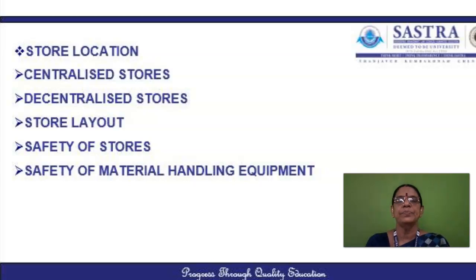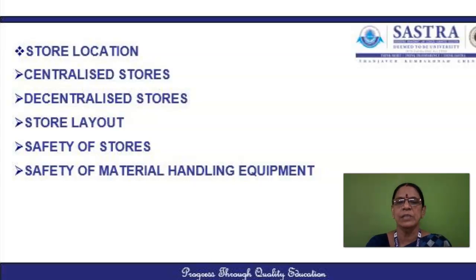Reduce fire risk. Materials should be stored in locations which will minimize fire hazards. Take for example, inflammable materials like petrol should be stored separately. Consumable materials such as paints, oil, grease and cotton waste should be kept away from one another and from the general stores. Oxidizing agents should be kept away from combustible materials. So safety measures must be there whenever inflammable materials and other combustible materials are maintained.